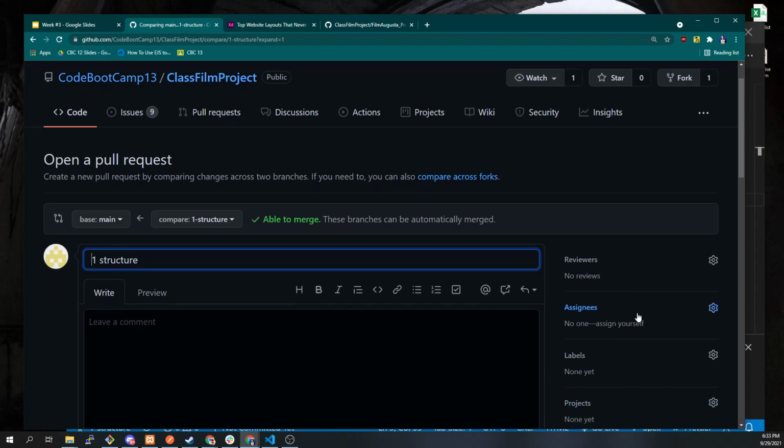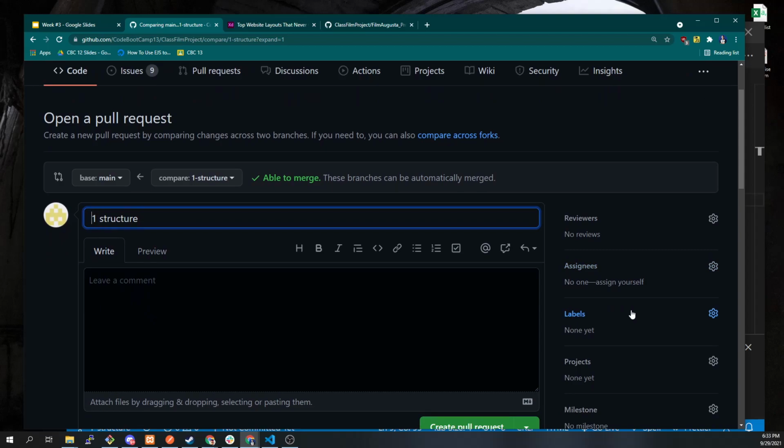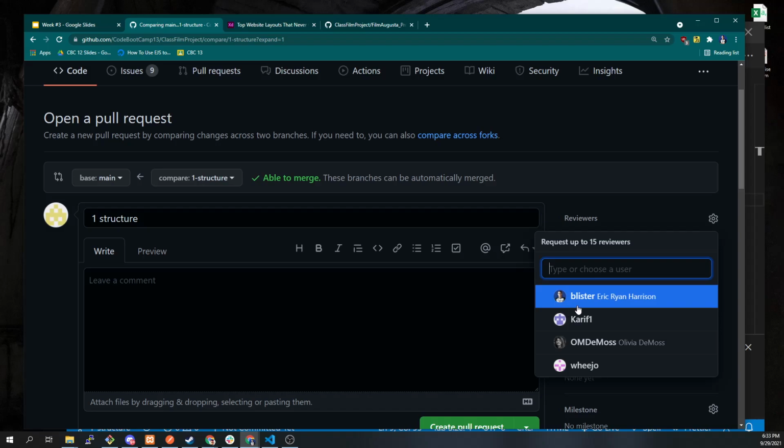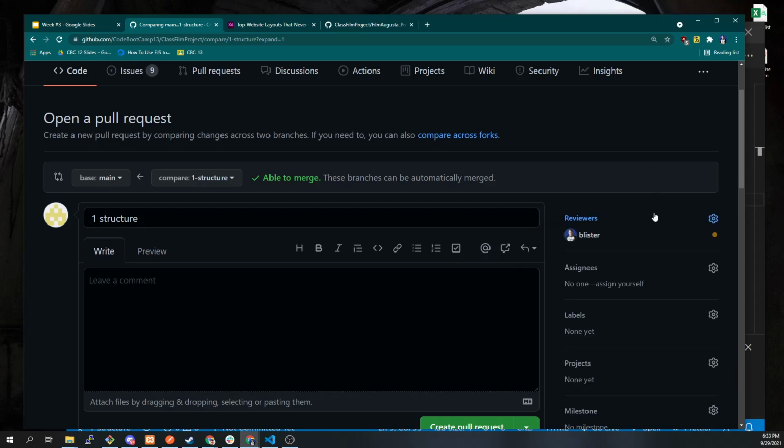request. If you guys are writing code, it's almost always a good idea, and most companies will require this, that you're not just going to commit, write code, say this is done, I'm good, and just merge it in. You're almost always going to have someone that is a reviewer. So for the purposes of this class, until we start divvying out different bits of responsibility, you can go ahead and just make me the reviewer for all this stuff. As we get into further group projects, whoever the project manager is, whoever the stakeholder is, will be the reviewer